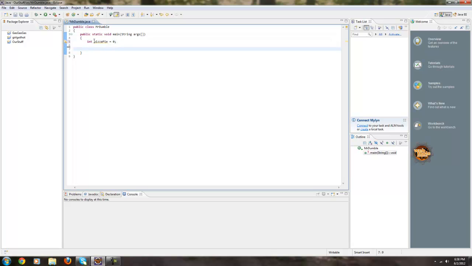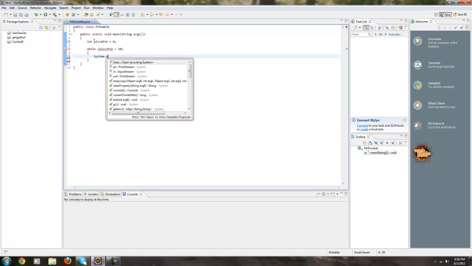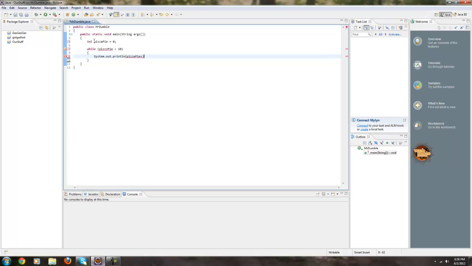Well, here's an idea. How about we make this loop, and it's going to be called a while loop. And while pizza pie is less than 10, because if you have more than 10 pizza pies and you're not selling them or storing them, kind of a piggy if you just sit there and eat like 10 pizza pies. We're going to print out how many pizza pies we got, and then we're going to up it.